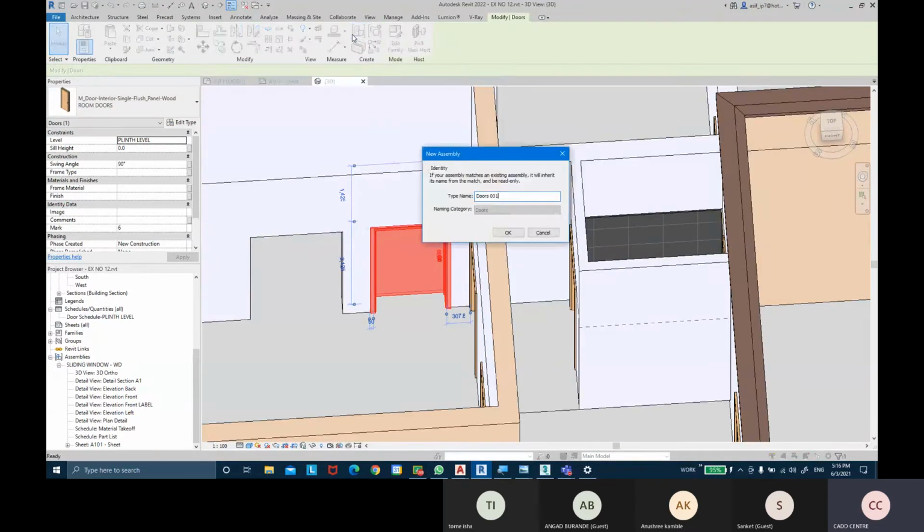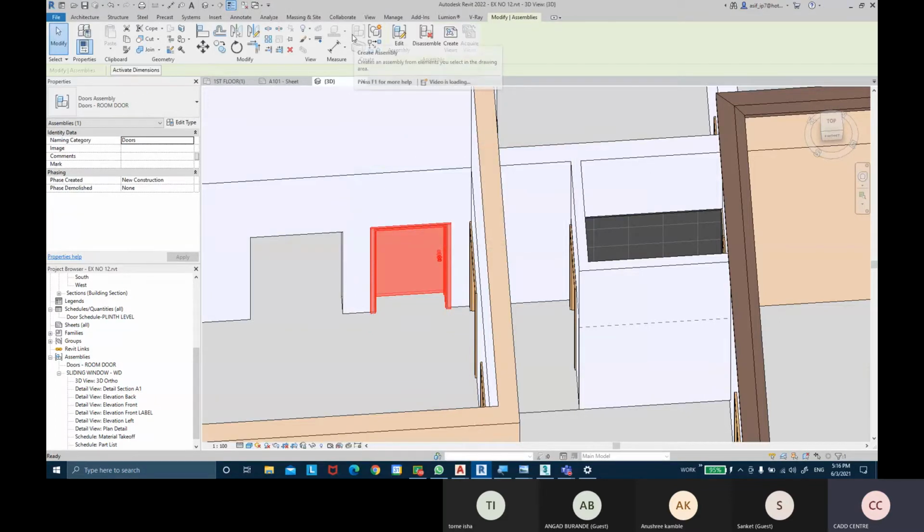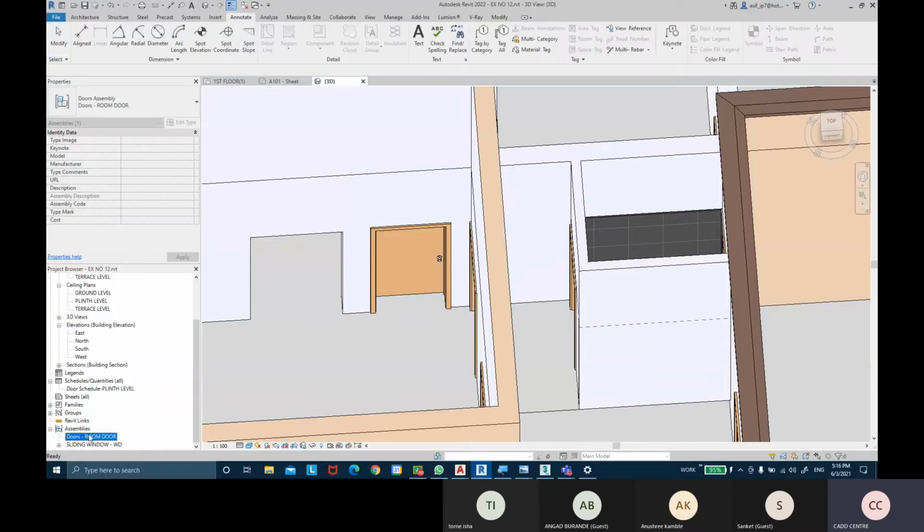You can call this assembly door assembly, but dash you can call this as a room door. So now if you see in assembly, we have two assembly now. We have door assembly and we have sliding window assembly.